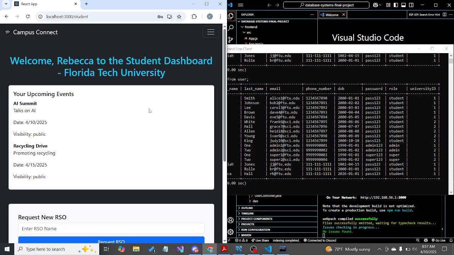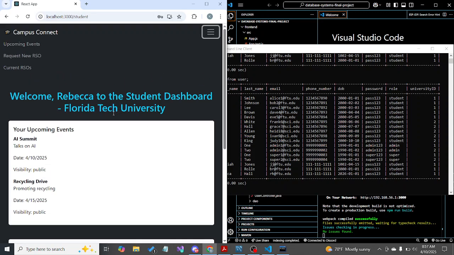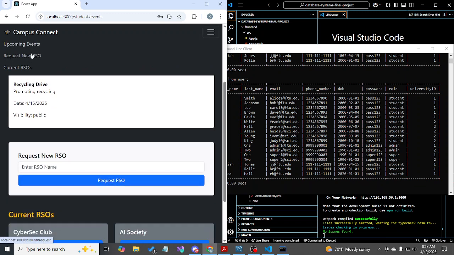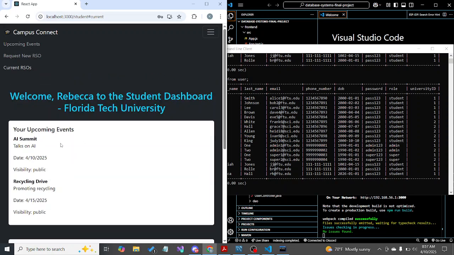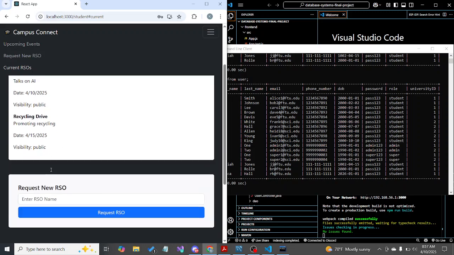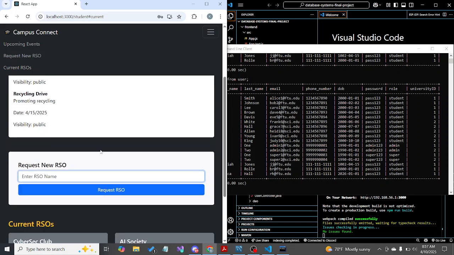And we can successfully sign in. So from the student dashboard at Florida Tech University, you can look at upcoming events, request new RSOs, and current RSOs. And you can log out. For the events, public events are displayed on the homepage because they're public for everyone. And request new RSO. This,